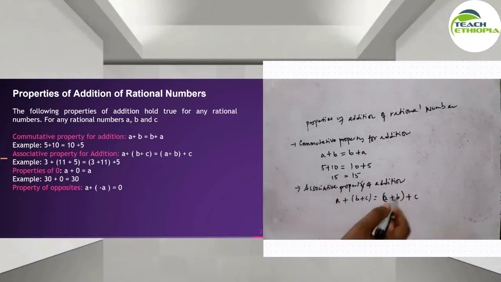This property hold የሚያደርግ ከሆነ associative property on the addition true ነው ማለት ነው። For example 3 plus